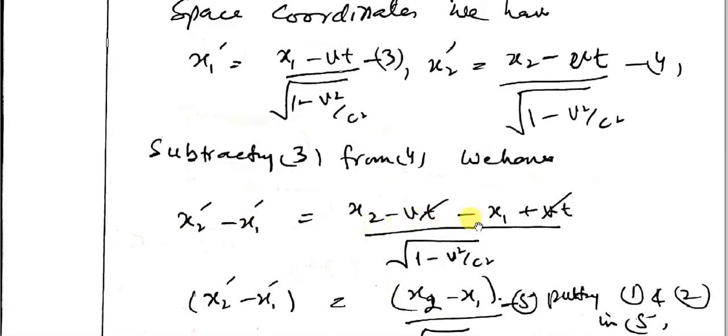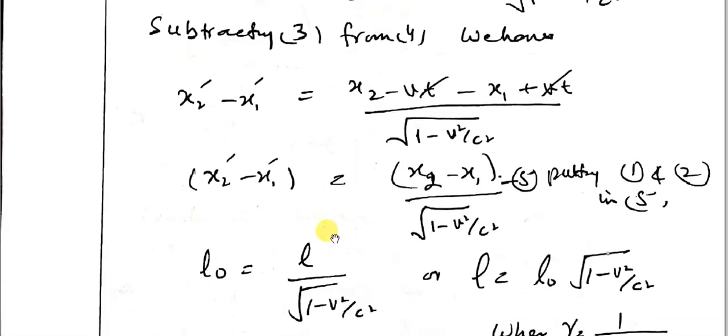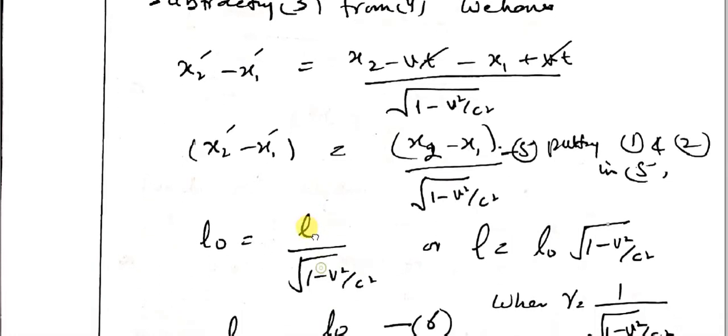So what we get, x2' minus x1' is equal to (x2 minus x1) over the square root of 1 minus v squared by c squared, where x2' minus x1' is L naught, which is the proper length, and x2 minus x1 is the length L, which is observed by the stationary observer in the reference frame S. So L naught is equal to L over the square root of 1 minus v squared by c squared,